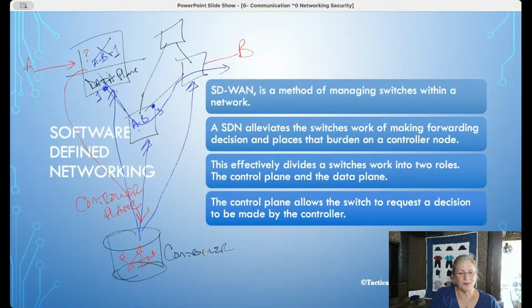Oh, the other thing, I know what I wanted to add. So the controller, it is controlling things so we don't end up with loops. It decides the path that we want to take. But the other thing that the controller now has the ability to do, because this is a server, so it's up above layer 7. It has all the software capability that we can build into any given server. What we can now do is configure it with policies. We can also teach it about attacks. So when a frame comes in, if it has a particular known signature, we know these attacks, like CISSP likes to mention Smurf attacks and Fraggle attacks. So if it is one of those, it's known and it's recognized, the controller can say, just throw it out.